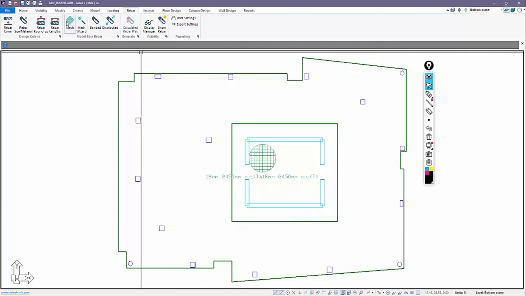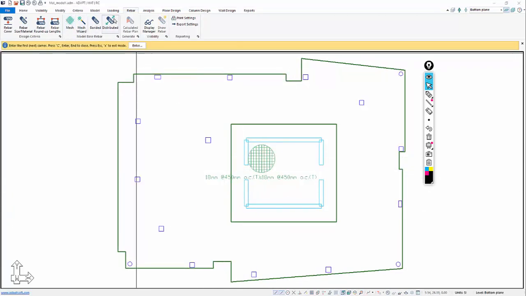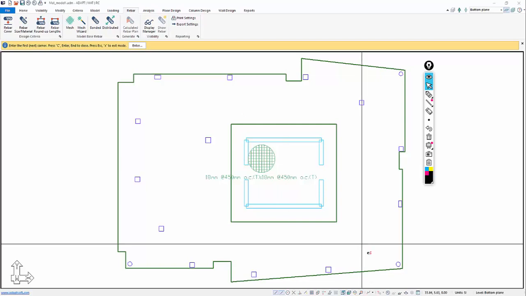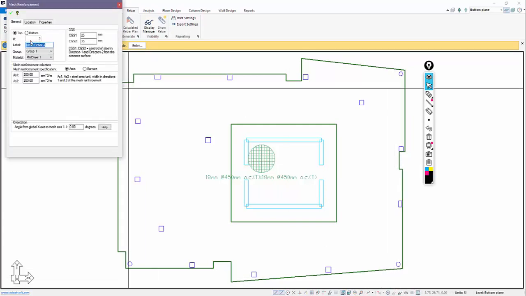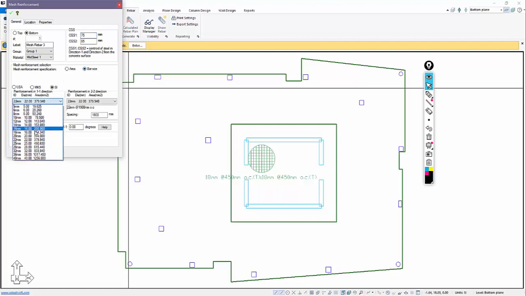So we're not going to use the option for Mesh Wizard. We're going to use the option for Mesh here, and we'll go ahead. Once we do that, this is like entering a load or any other component where we want to set up properties. I'll go into the Properties menu. This is bottom reinforcement. We have, again, 85, 75. This is just an estimate for the cover. These would actually be adjusted based on the diameter of the bar we're using, but we'll set the bar sizing into 18. Spacing we'll say is 450.